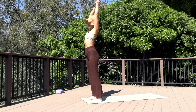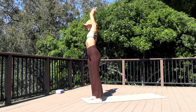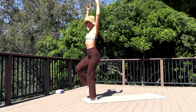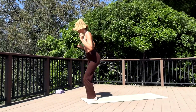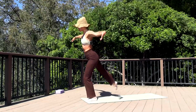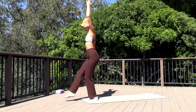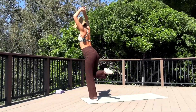Inhale the hands over the head and let's reach over to one side and over to the other. And we're going to shift the weight onto the left leg. Bend your knees just slightly so that your stance is strong. You're not locking your knees. And we're going to draw circles with the right leg, ballerina circles. You can hold on to something, but if you don't need to, don't, because balance is extremely important as a physical quality. Four big circles, five squeeze at the top,